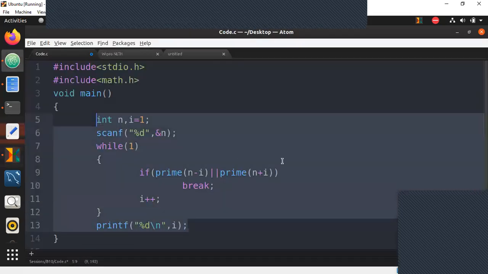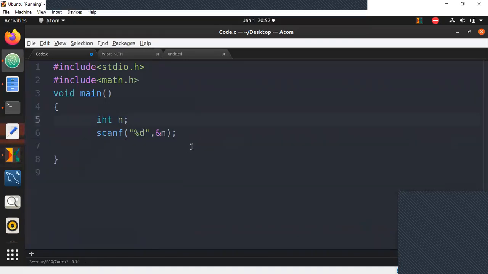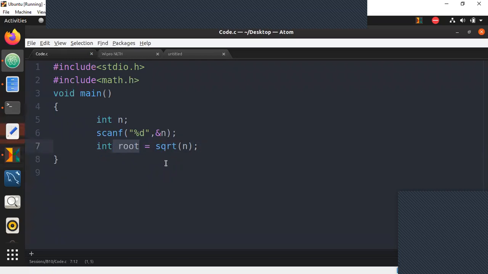So let us try this out. If the given input is n, the first thing I'm doing here is calculating the square root of it. Thanks for the nice feedback, always glad to hear that. Let's find the square root of n. We'll just write root equals sqrt of n, so that we don't get confused. Now note, square root will always return a float or double. We are converting it to integer.